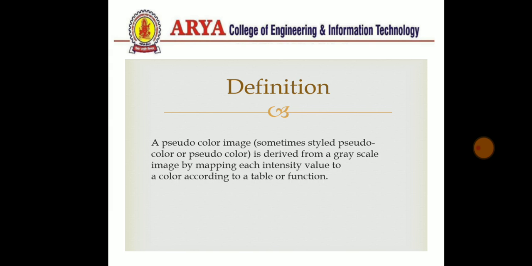In this concept we use a table function through which the pixels of the image take some attribute values to color the black and white image into a color image. Whenever we take any black and white image, there is a table associated with that image. It maps each and every pixel of the image to its color value to convert it into the color image. So pseudo coloring is the main concept for coloring images.